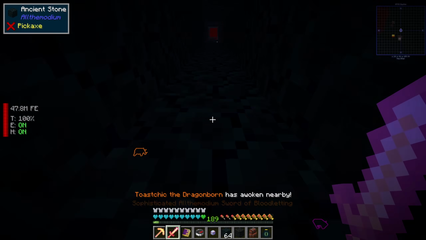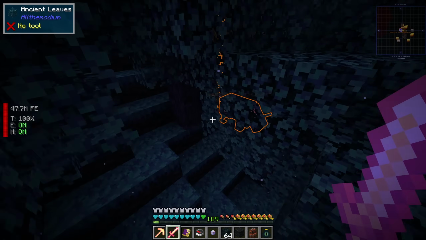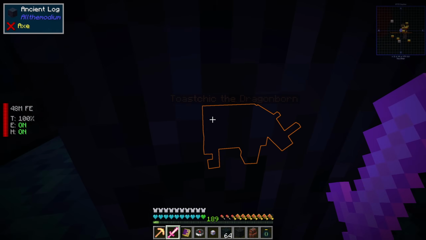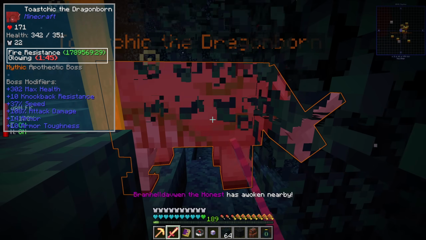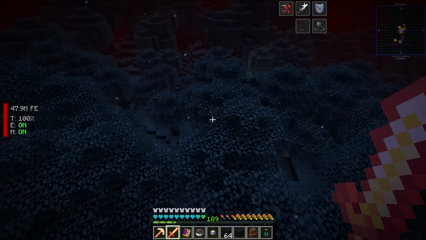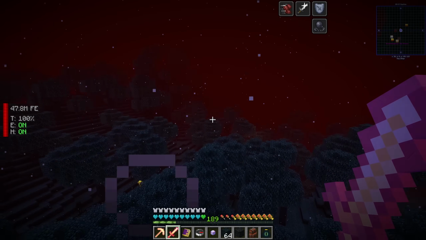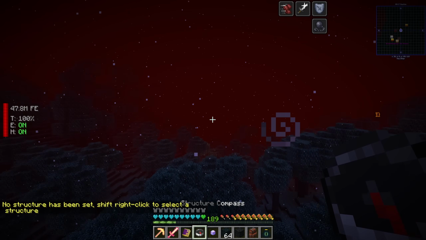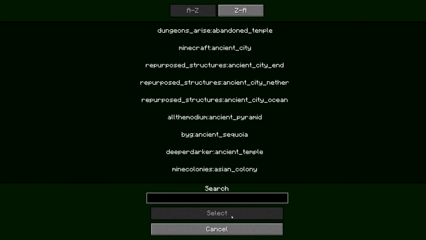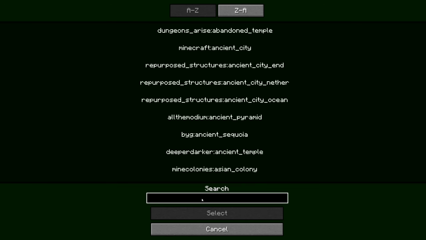But as you can see in the other here, a lot of different things are spawning. A lot of these mystical or mythical mobs that are pretty easy to take down. Blazes and wither skeletons and all of that. But what we're going to do is shift right click and look for other, maybe,